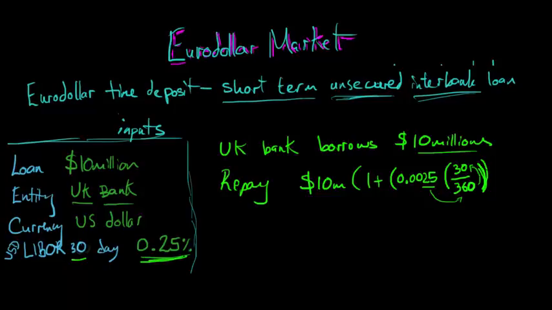Okay, so close first bracket, close second bracket, close third bracket, and this will be the amount in 30 days. Alright, so the repayment amount, so let's work through. So this is equal to $10 million